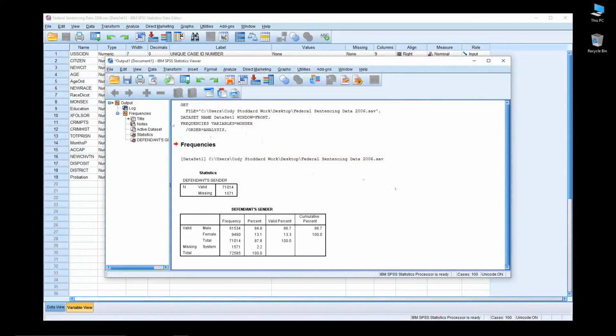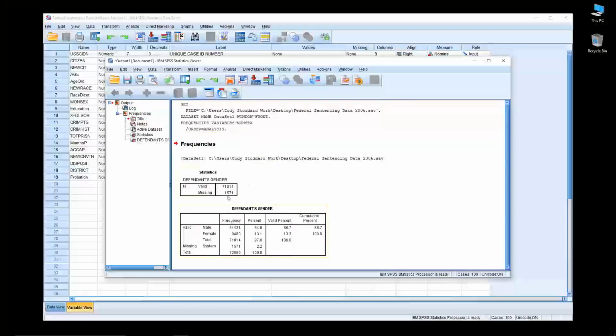Once again, over here is the syntax. This is the underlying computer language that the computer's running when I'm doing these click and play menus. So that's the computer language, if you're familiar or want to get comfortable with that. But if we go down to this output, we can examine how many